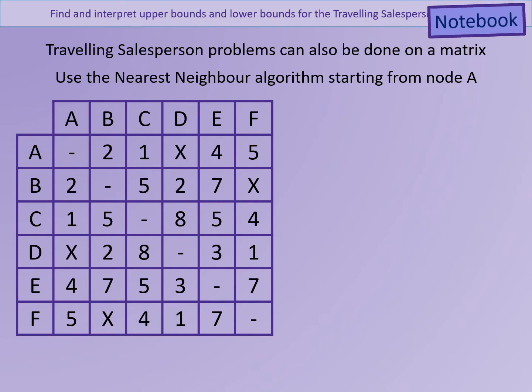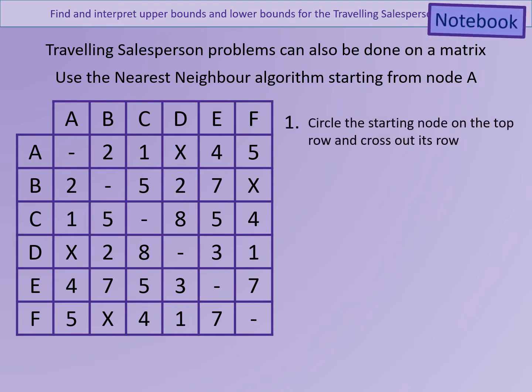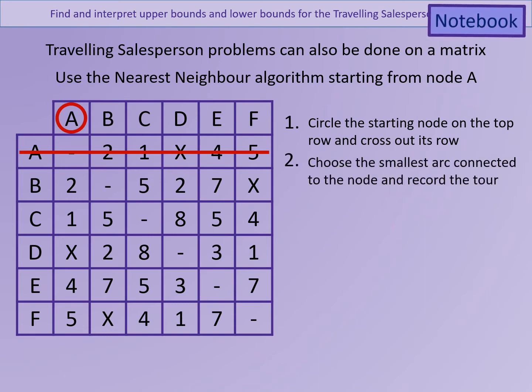The nearest neighbour algorithm starts very similarly to Prim's algorithm in matrix form, but there are some differences. We're going to start by circling the starting node, in this case A, and crossing off row A. We're then going to look down column A for the nearest neighbour, and we see that the nearest neighbour is C. So instead of adding this to a table, we're going to write it as a tour. So the first part of the tour will be A-C, and we're going to write the weight 1 just above